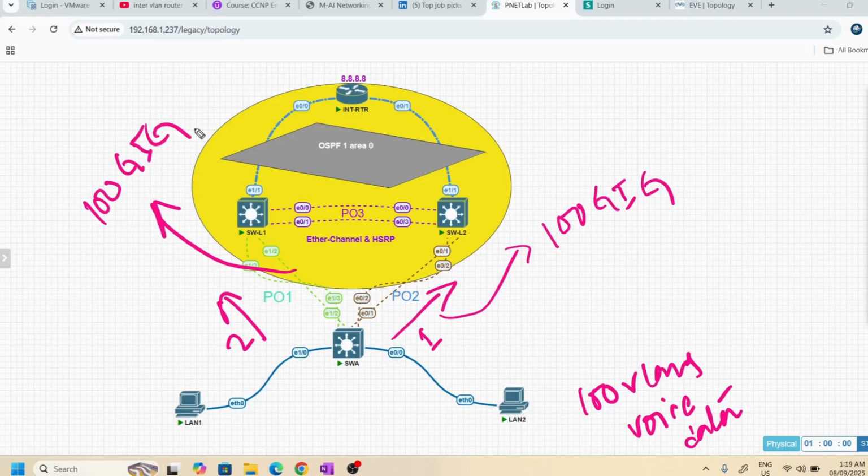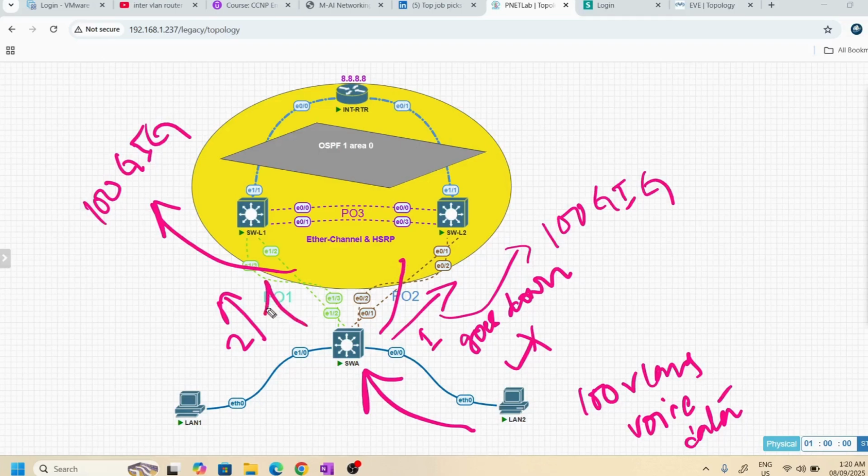What will happen if this link goes down? The connection is down, so the problems come into the picture. All the traffic from this switch takes the path of the second link, because this link is down.